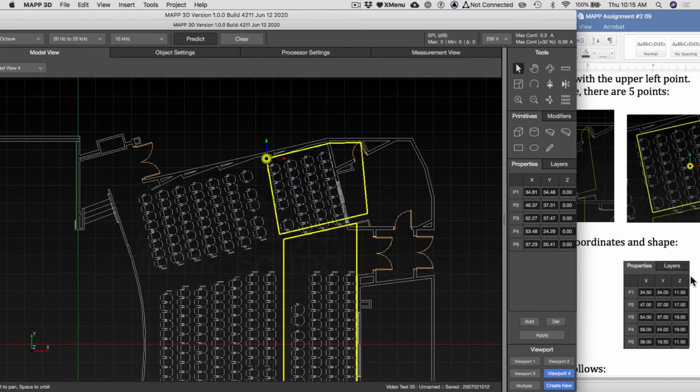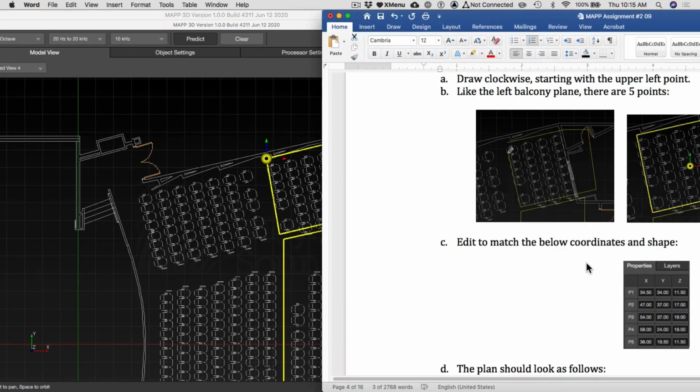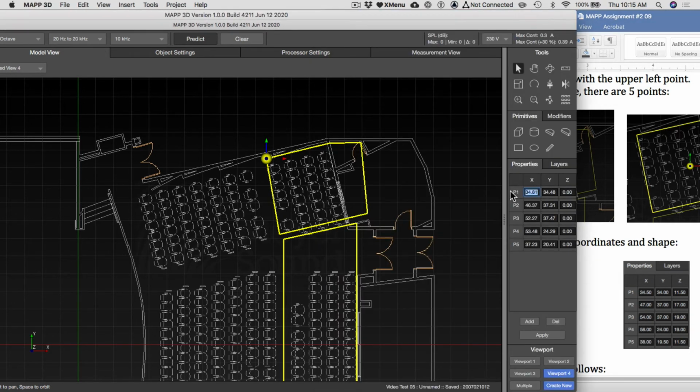And let's match. Make sure we're on the right one. We are on the right one. So it's going to be these numbers here. 34. I typed 24. 34.5, 34, 11.5, 47, 37, 17,